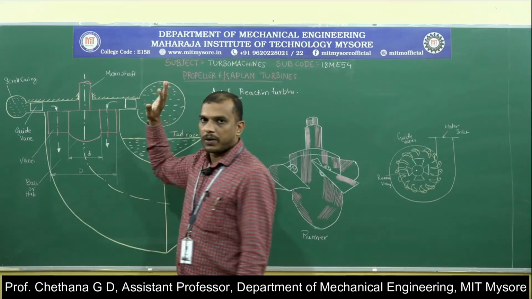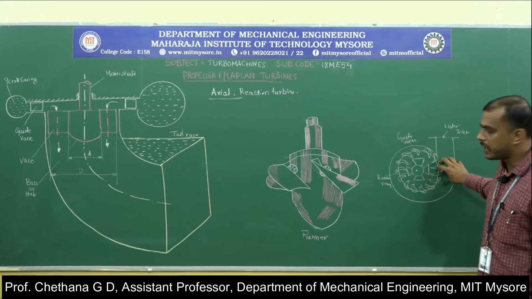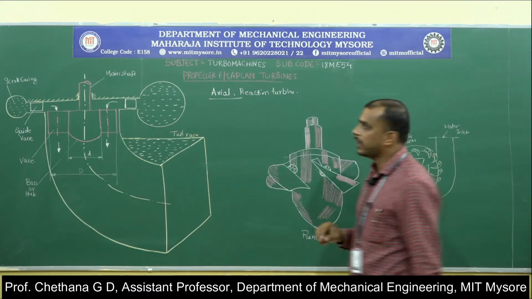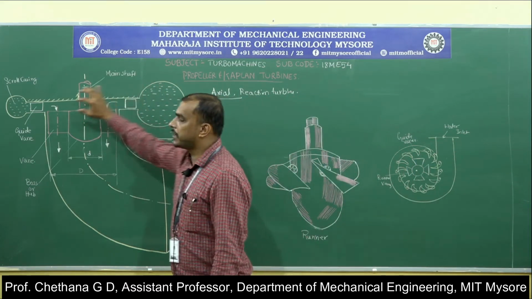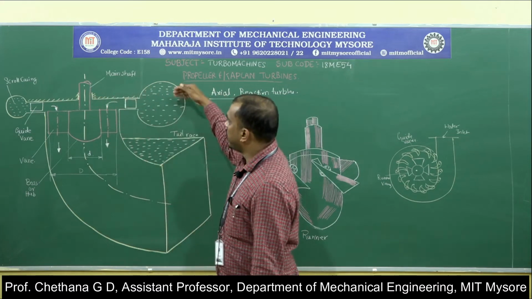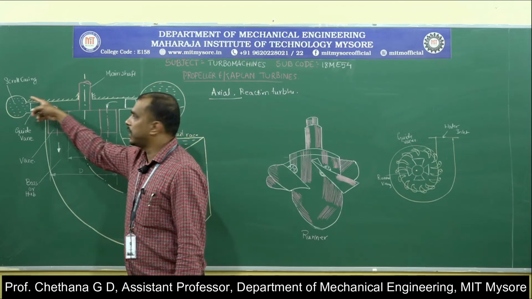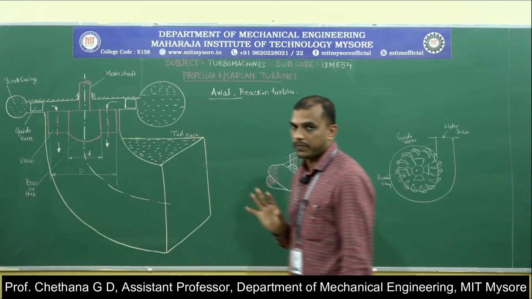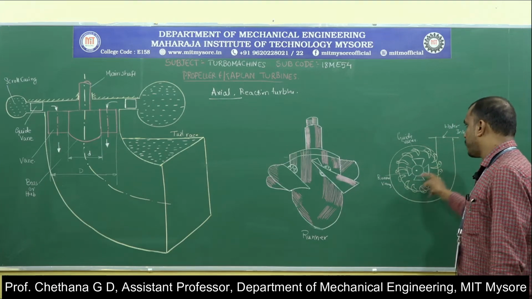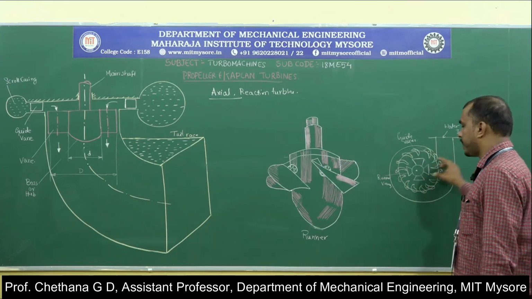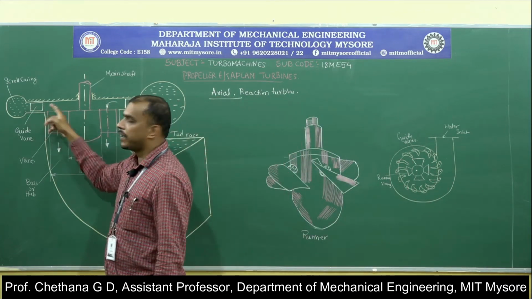Now that is what we are trying to show. This is the cut section. If you cut it here, this side you have a bigger diameter and this side a relatively smaller diameter. Now you have guide vanes here. The water will be entering in this direction, which is quite similar to the Francis turbine as we discussed. The water will be entering across this periphery. So here we are trying to show the water entering through the guide vanes,